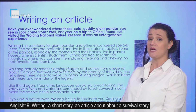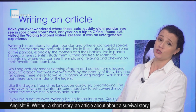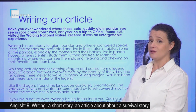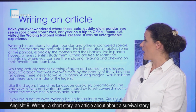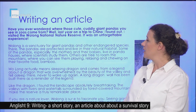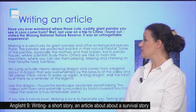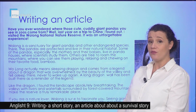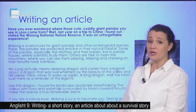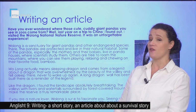Wolong is a sanctuary for giant pandas and other endangered species. There, the pandas are protected and live in their natural habitat. Some of the pandas, especially the mothers and their babies, live in panda houses where scientists study them. Others are free to roam in the mountains where you can see them playing, relaxing, and chewing on their favorite